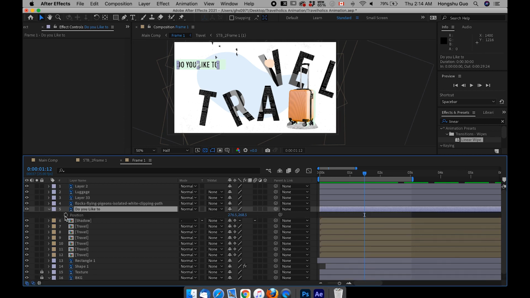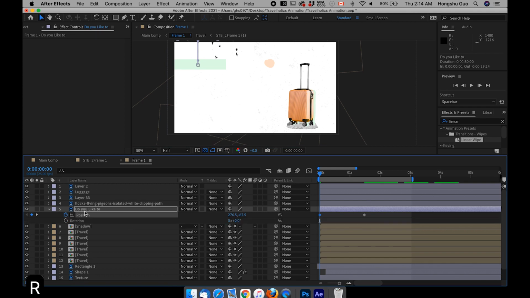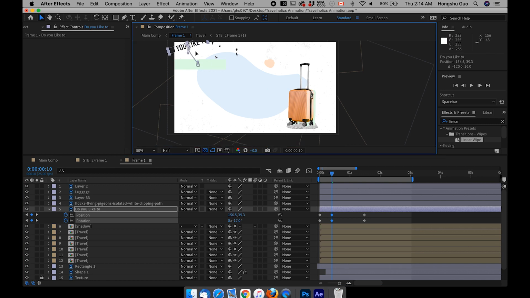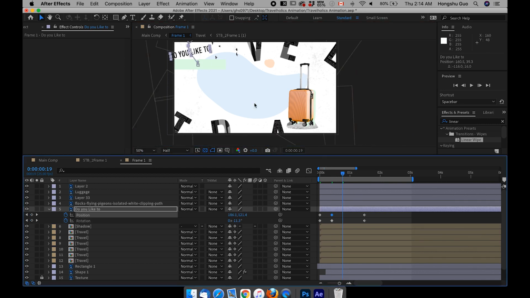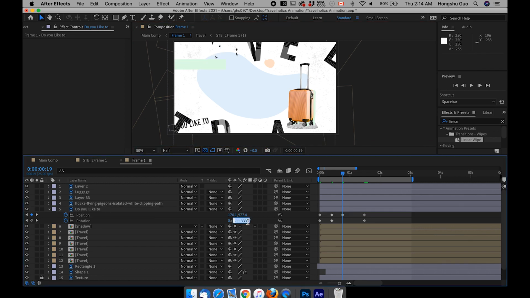So let's hit P on the keyboard for the position property, hit the stopwatch here to add a keyframe, and then go back to 0 seconds and drag this all the way up outside the frame. Let's pull up the rotation as well, Shift R. Make sure we have the rotation activated over here, and then go down. I want the rotation to kind of be like this, and then maybe come in to the left, and then the next couple frames go to the right, and then remember we set opposite values, -11 just now, so